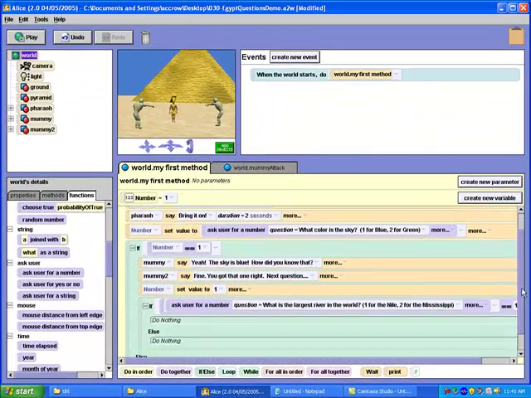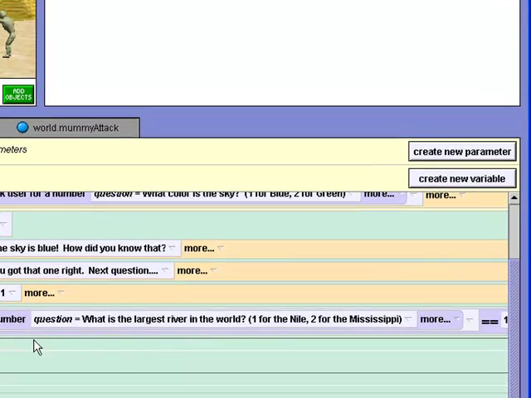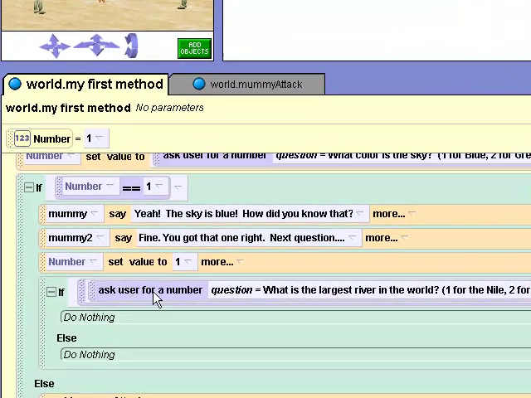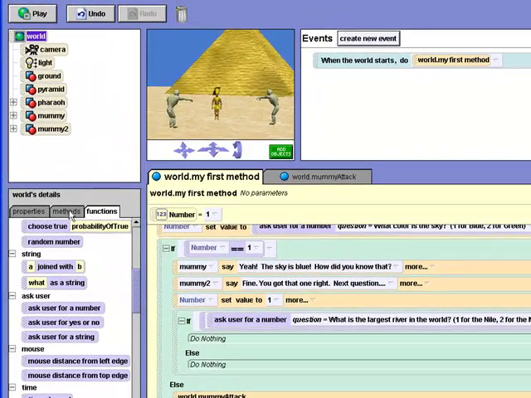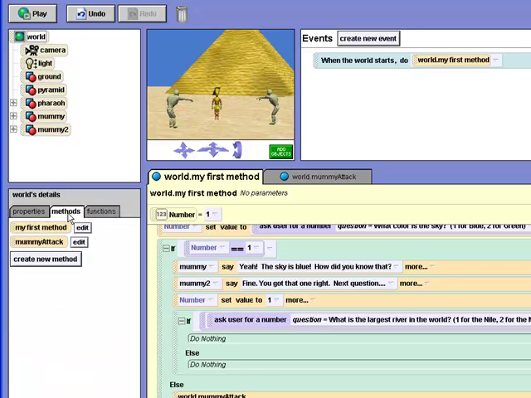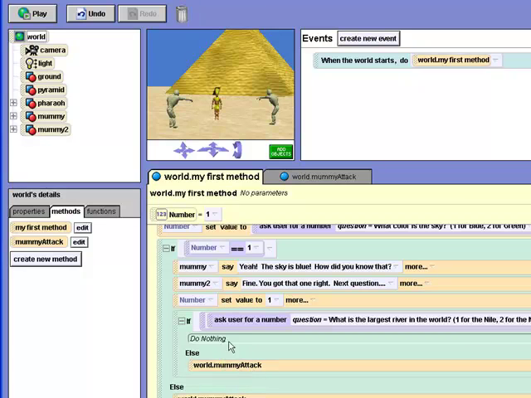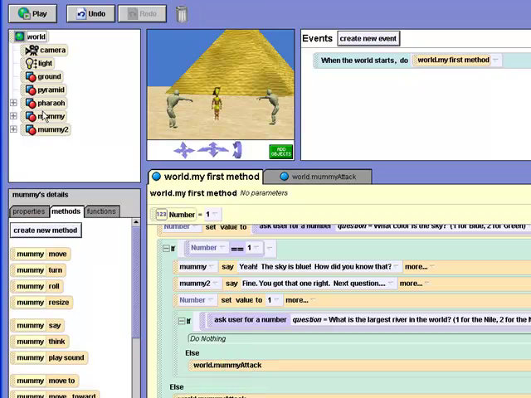So the next question is going to be the following. Obviously the answer here is Nile, so if he gets it right, the program will do stuff in here, else if he gets it wrong, then we want the mummies to attack. So let's go back to our world, let's go to our methods. If he gets it wrong, we want the mummies to attack, and if he gets it right, we want the mummies to say